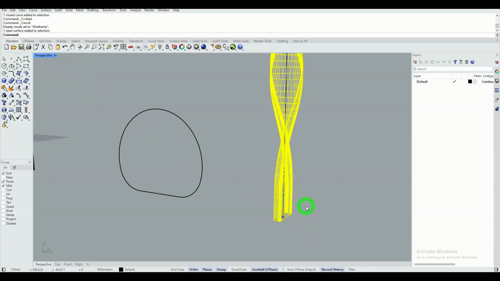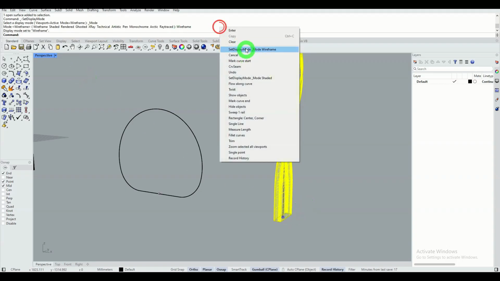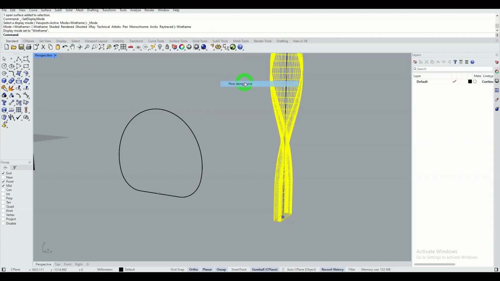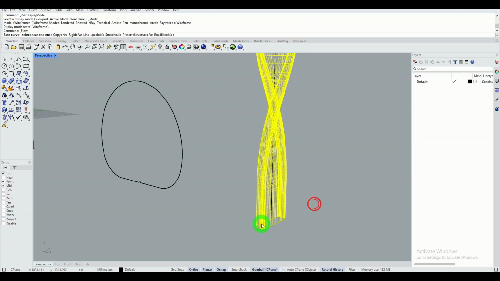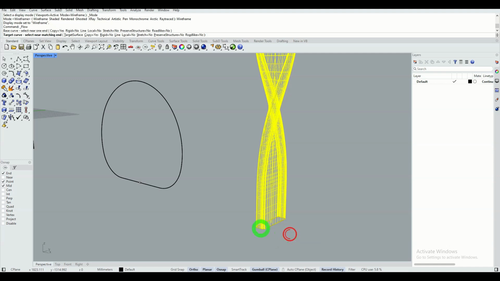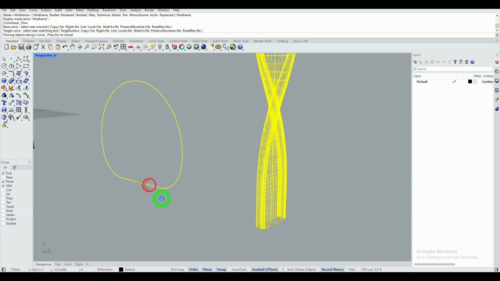So I go back to my object, I flow it along curve. The base curve is the line. The destination curve is this one.